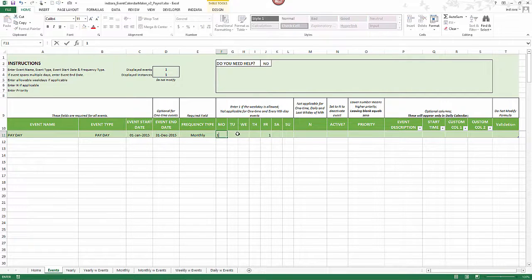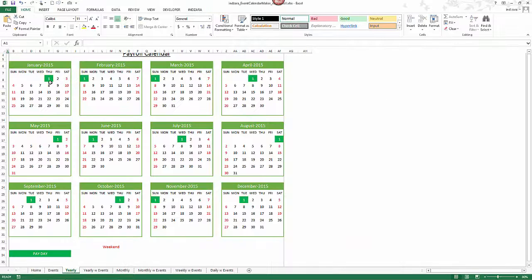So then it is important that you type in 1. This is telling the calendar to color the day as a payday regardless of which weekday it is. All the weekdays are fine. So now let's go and see how it appears. Now all the first are highlighted in green because they are paydays.